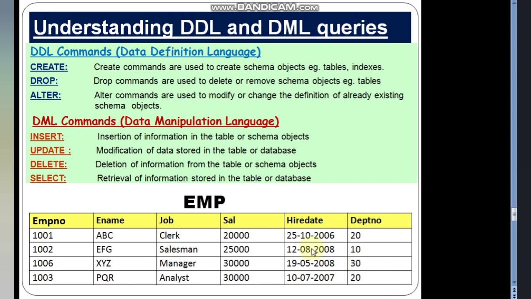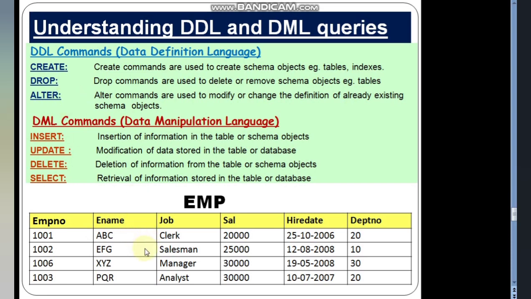Or suppose you want to change this existing attribute ename, this attribute's size. Suppose while creating the table you have given size as 10 for name, now you want to make it 20. So you want to increase the size, that is the number of characters a name can take. Earlier you gave 10 while creating the table, now you want to increase that. So for that you will use the alter command.